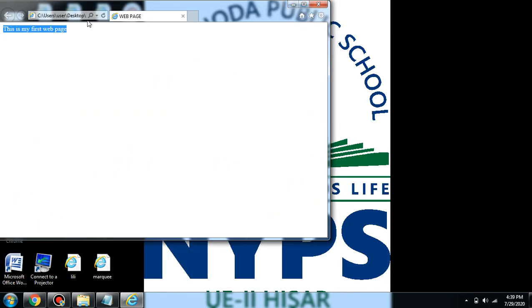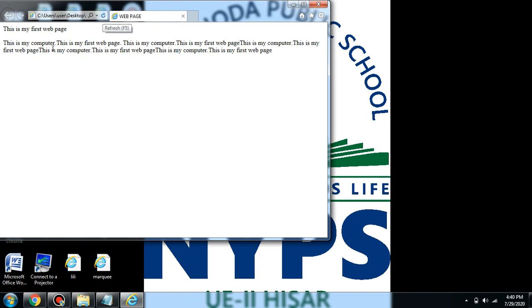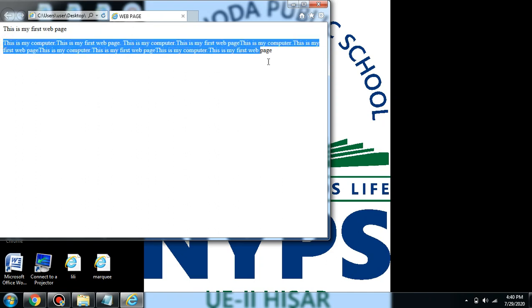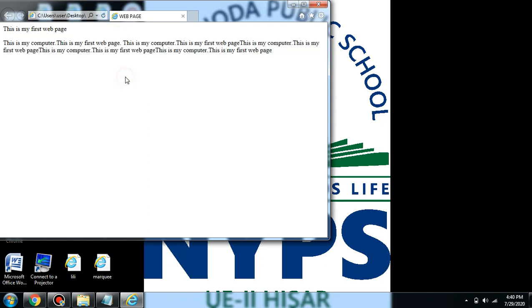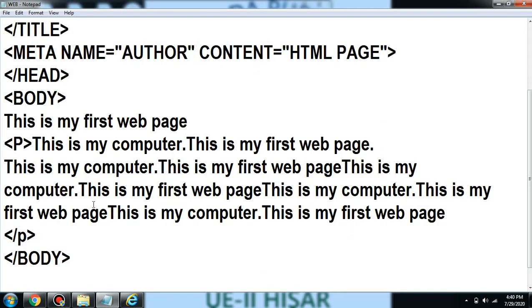Now what will happen? We have not closed our file. You can see here our file is open, so no need to open it again. What we have to do? We have to just refresh it. You can see more contents are showing here now. So you can just simply click on this refresh button, or you can refresh your file with the help of the F5 key. So this way you can create your HTML document.